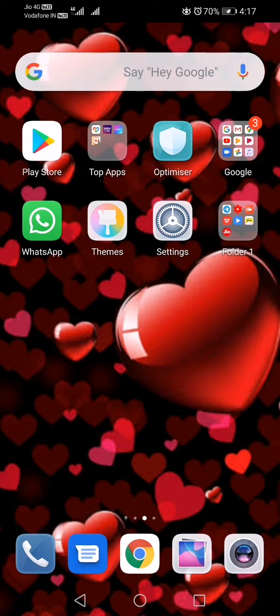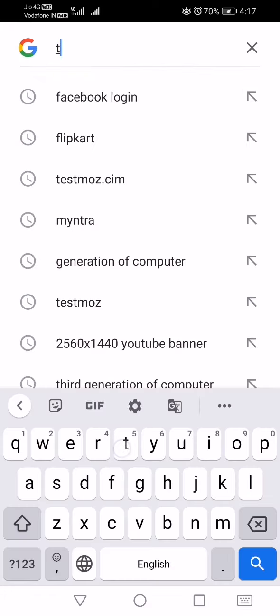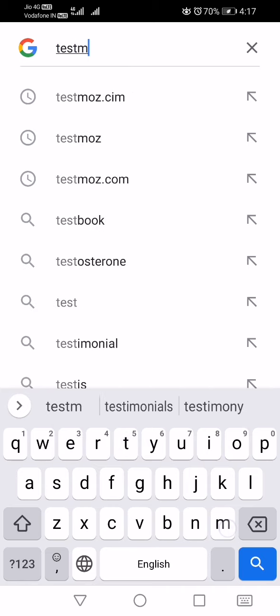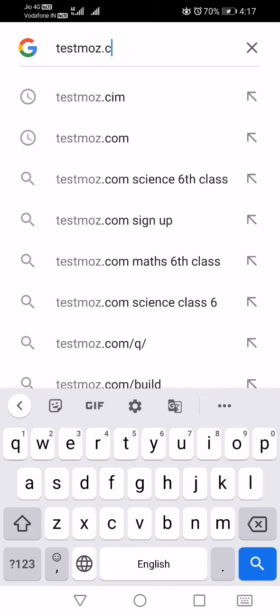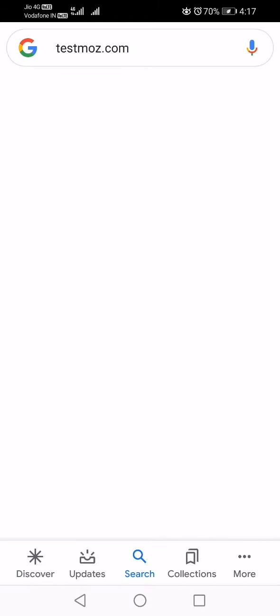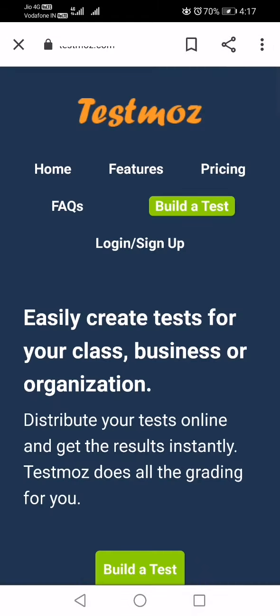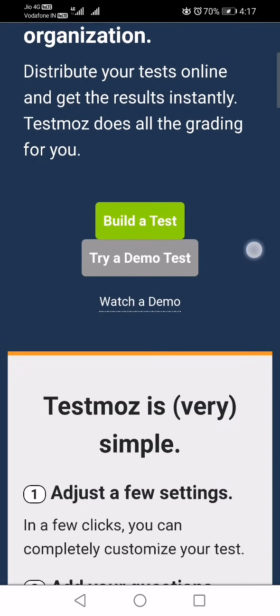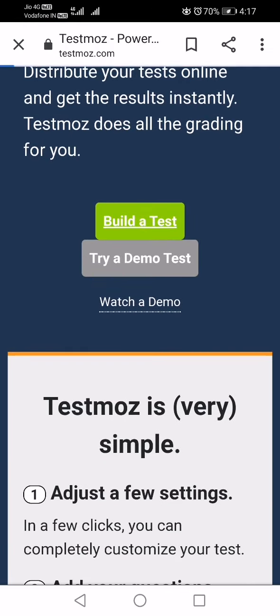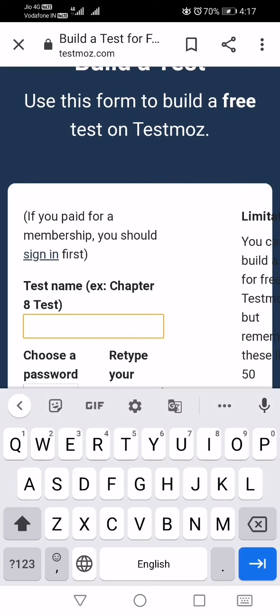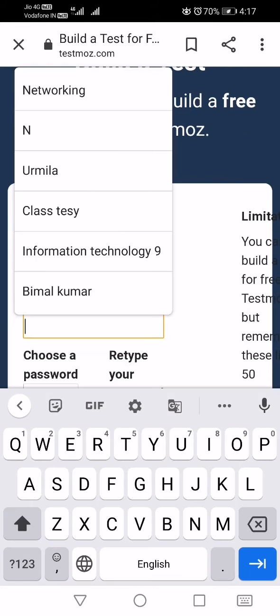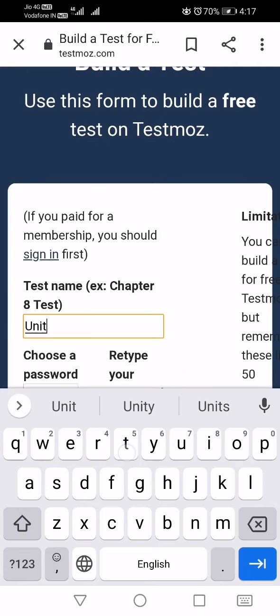So let's start our class. In Google Chrome, type testmoz.com, and then you can see a window. Now there are some options, like Build a Test. So I'm clicking here on Build a Test. Now just write your topic here, like a unit test class